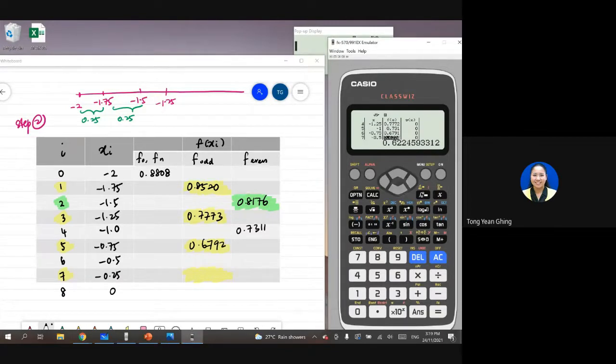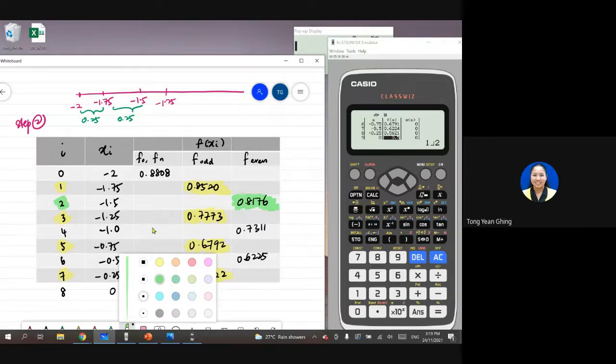0.6792. Next, 0.6225. Next, 0.56222. And then the last one, 0.5. So 0.5 I put here. So can you understand? So this one, in order for it to be easier later on, we want to do